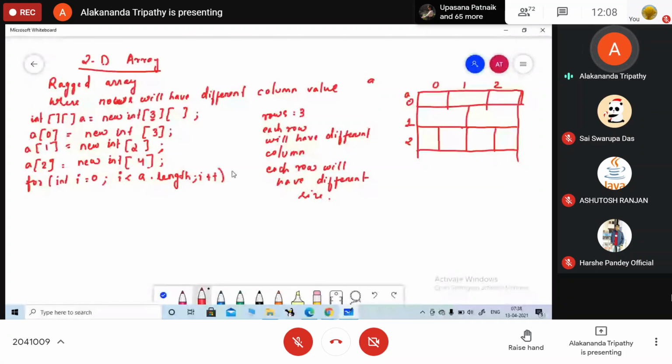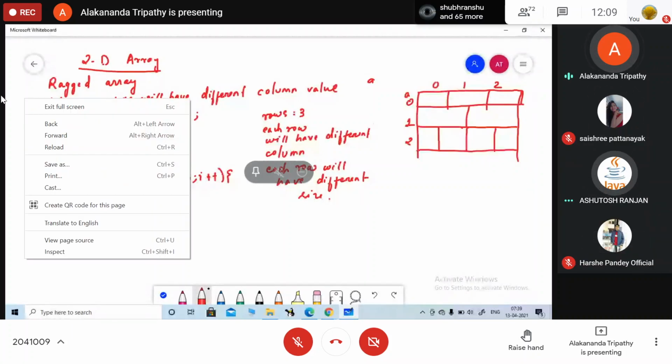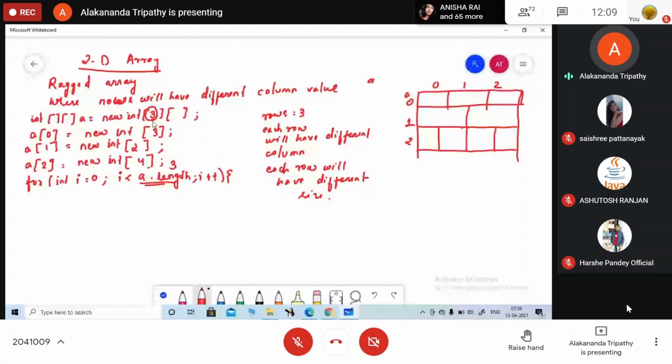So instead of a.length, can I write 3 here? What is length? Length is the property of the integer matrix to determine the length of the array. So here how many rows are there? 3. So instead of a.length, I can write 3 also, or we can go with a.length.